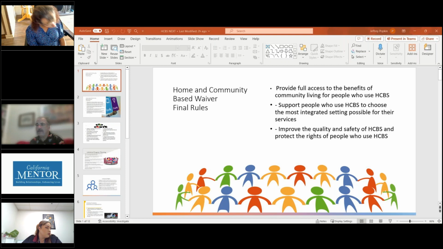So with that being said, I'm going to now move to the slides, 20 minutes into the presentation. The first slide talks about the home and community-based waiver final rules. Now, there are 10 rules in the home and community-based waiver program. Rules 1 through 5